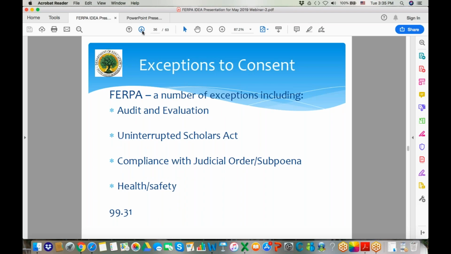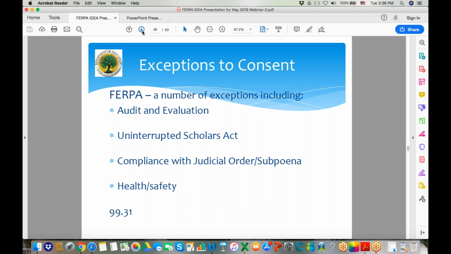Thanks, Kala. Under FERPA, we have about 14 or so exceptions to prior written consent of varying degrees. And for the sake of time in our session today, we don't have a chance to cover all of them. So as Kyle said, I'm going to go over 4 of probably the more pertinent to this audience. You'll see one of the handouts that we have added is a crosswalk between FERPA and IDEA's Part B and C. That's going to have a listing of all the exceptions, so I'd encourage you at a later time to take a look at those.